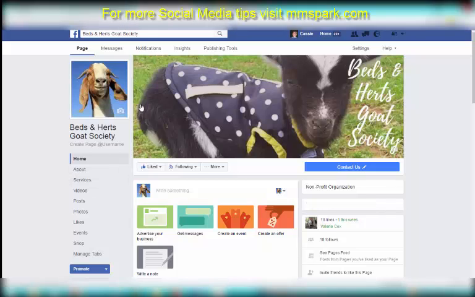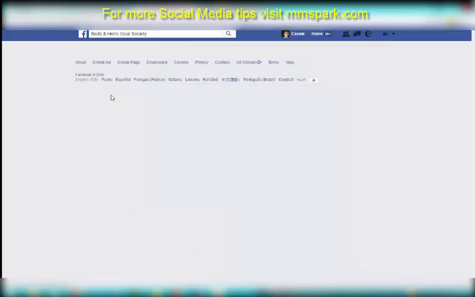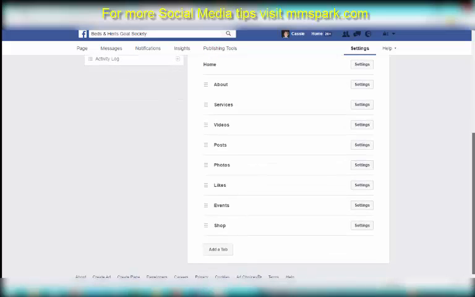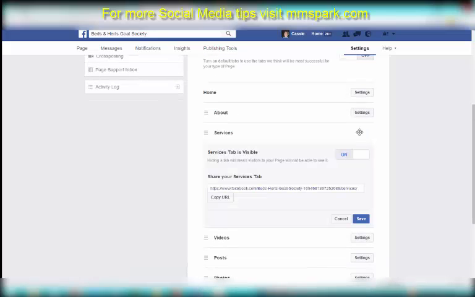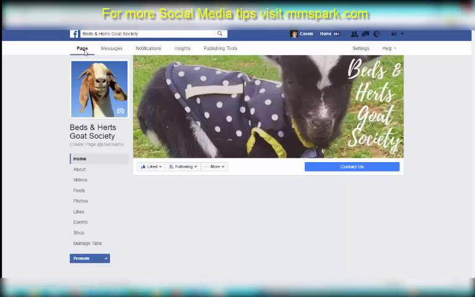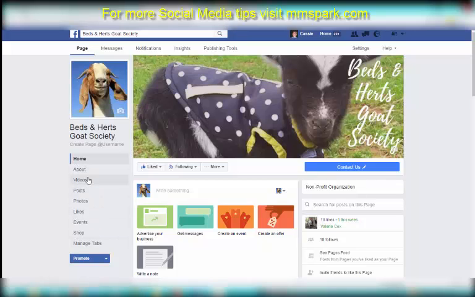Let me show you how it works. Let's switch off the services tab. So I went to settings and edit page, and let's switch off that services tab. We're going to save that, go back to the page, and if you notice now that services tab has gone,